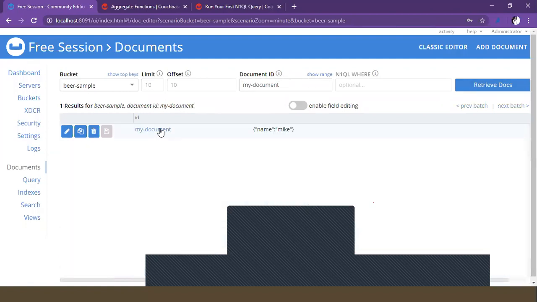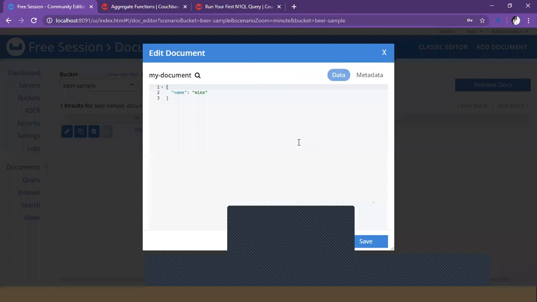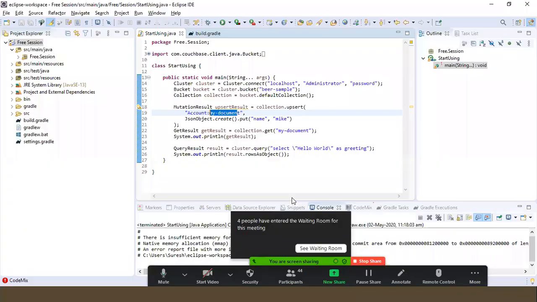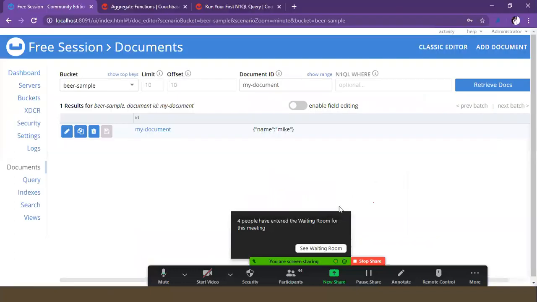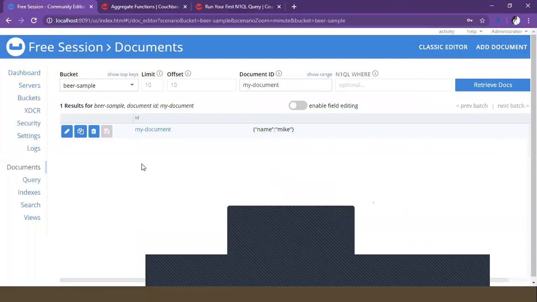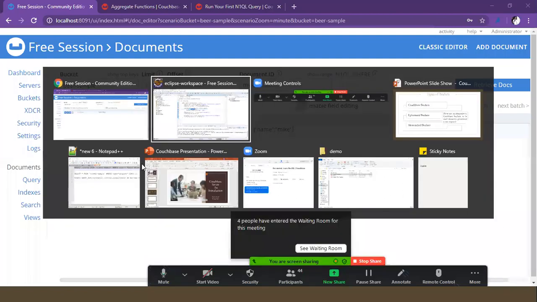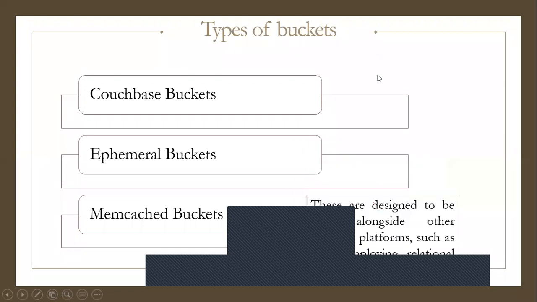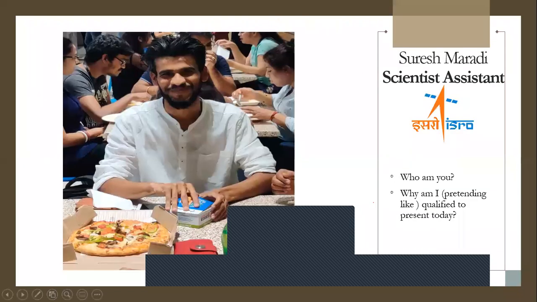Yes, it is there. Actually, I have tried to insert into this bucket, and it is successfully inserted, but now it is showing some memory issues. Okay, I'm sorry for that. And this is about all the overall summary or gist of Couchbase server. If you have any doubts, definitely you can ask, and I'll be there to answer.